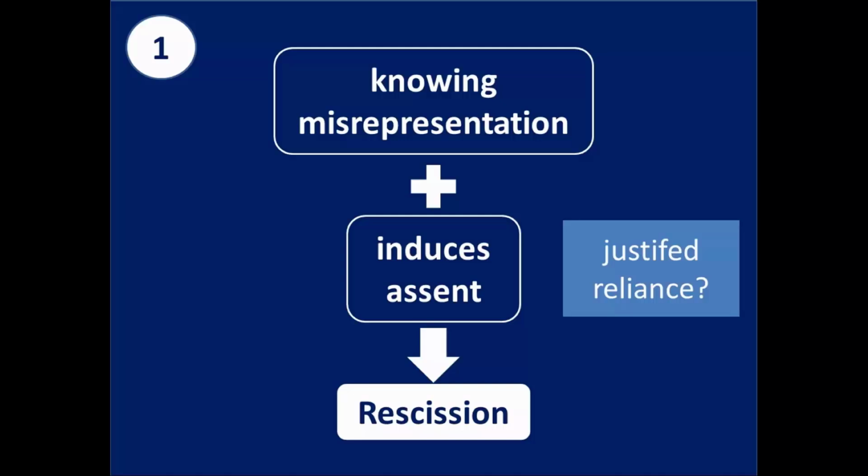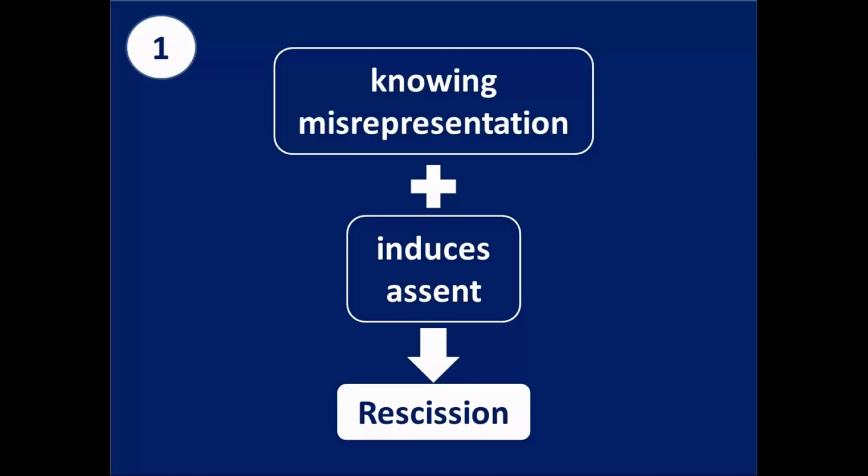But the success of this strategy depends on the seller being able to avoid rescission by arguing that the suckers weren't justified in relying on her outrageous representation. Courts avoid this problem and deter prospecting for suckers by focusing solely on whether the representation in fact induced assent to the contract.